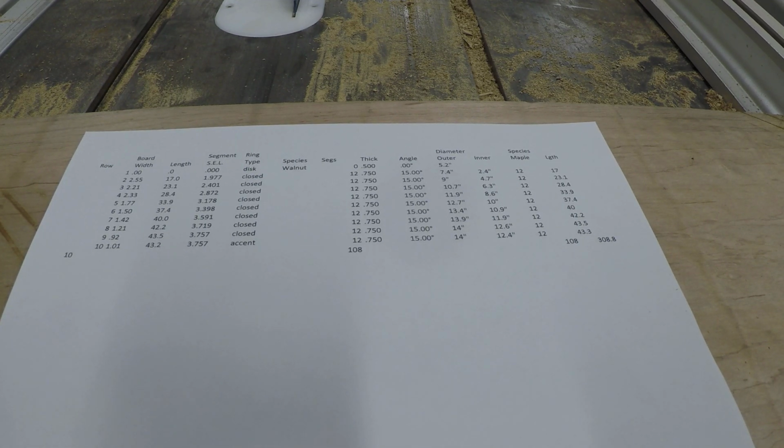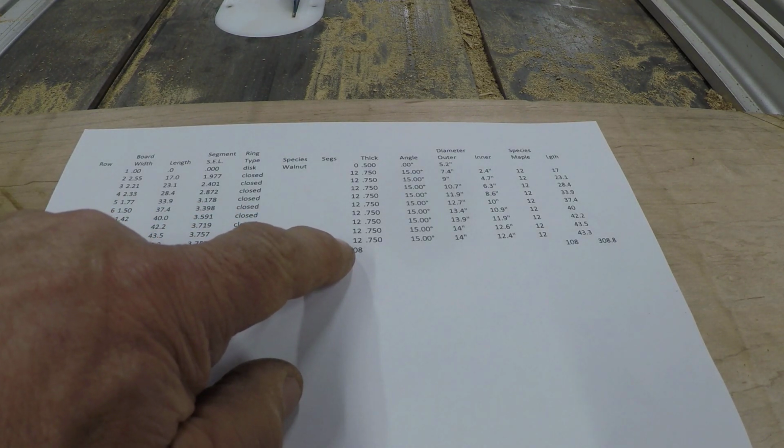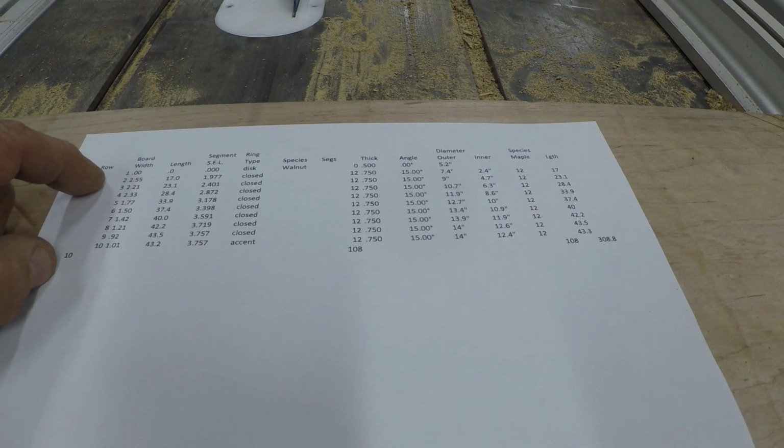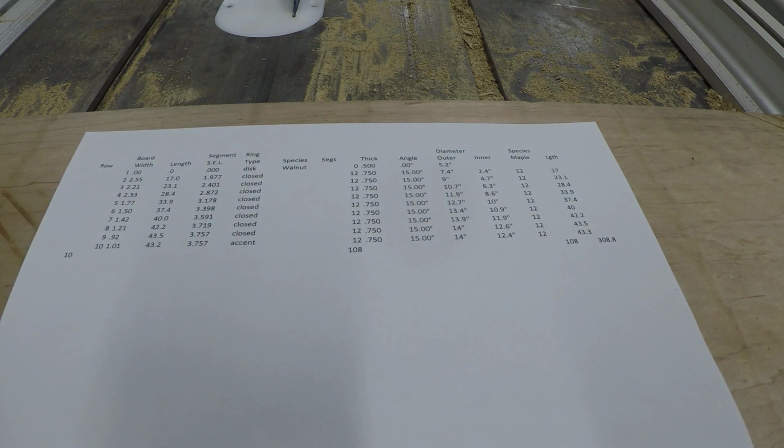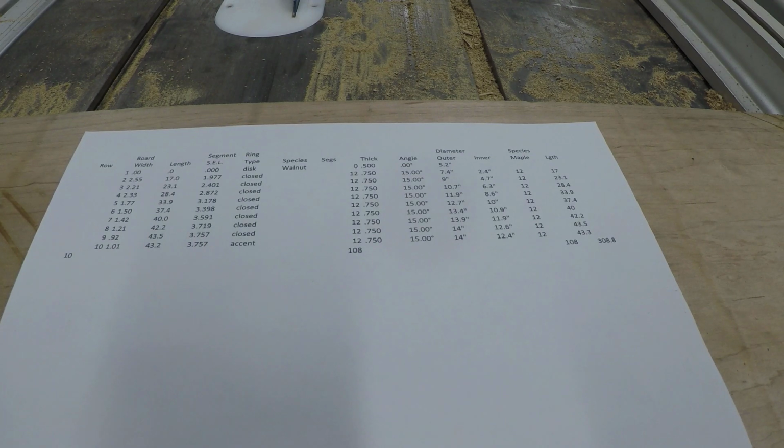At any rate, today I'm going to make a basic 12 segment ring bowl, and it's going to use a total of 10 rings, and I'm just going to show you how to do it. And I'll let you know that you don't need to buy software. There are tons of free applications and websites you can go to where you can calculate out all the stuff you need for segmented turning. You can put in how big your rings are supposed to be. You'll have to draw it out yourself